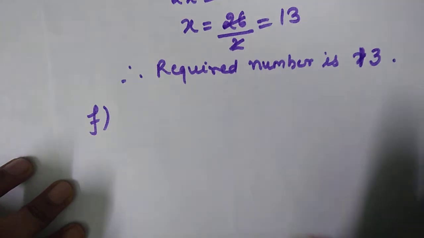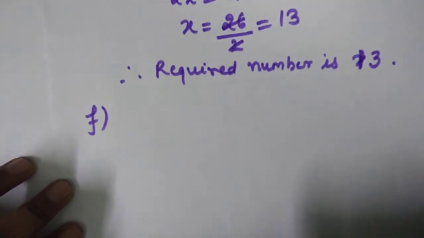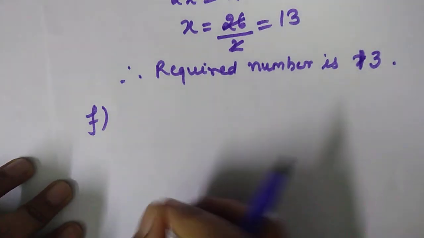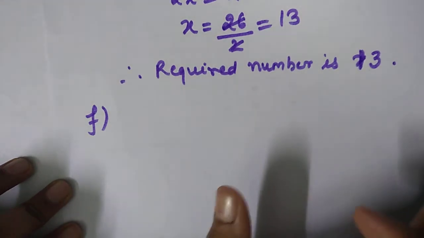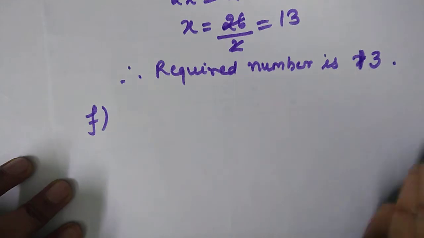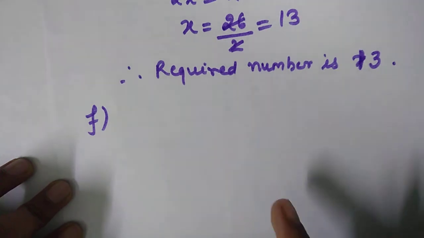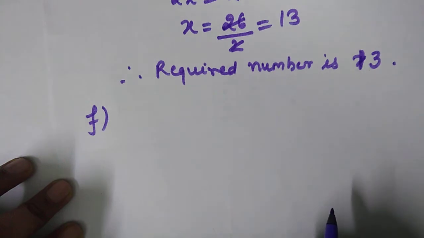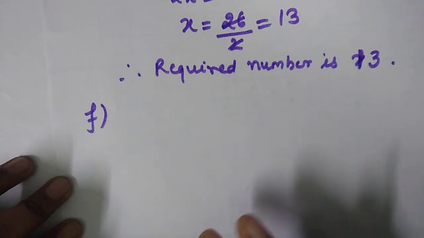Okay, so first you have to read the question, understand it, then you have to frame the equation. So again I am reading the question. She is a girl, she thinks of a number. And if she adds 19 to it and divides the sum, the sum of the number she thought and 19, by 5, she will get 8. So we need to find the number.